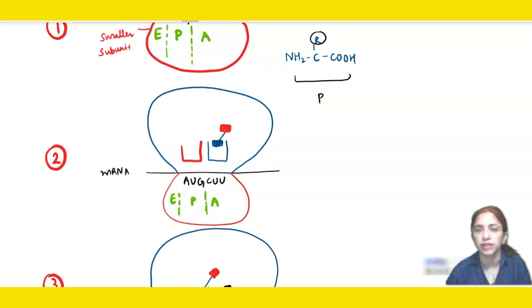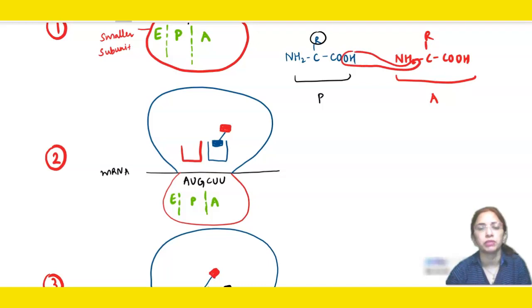R refers to the side chain, so I am not drawing it right now. And our second amino acid must have the same structure because the basic skeleton of an amino acid remains the same. Okay, so this is our amino acid at the A site. Now what will happen? A peptide bond will be formed between both. As a result, the amino acid at the P site, which is methionine, and the amino acid leucine at the A site will be joined together.